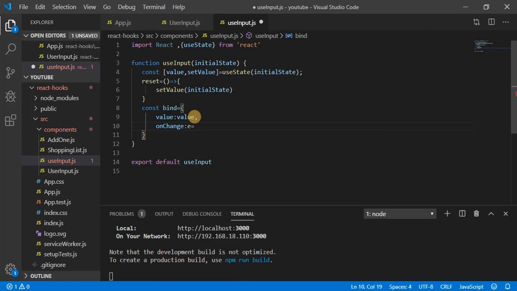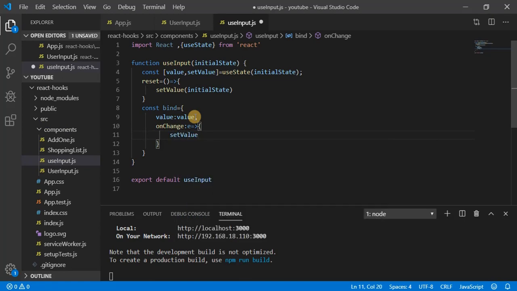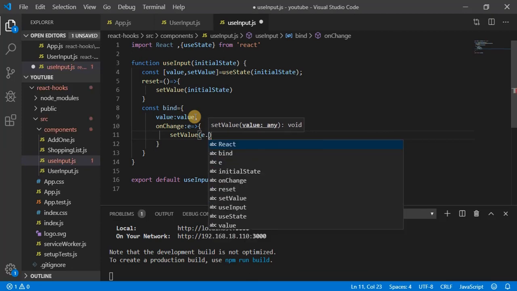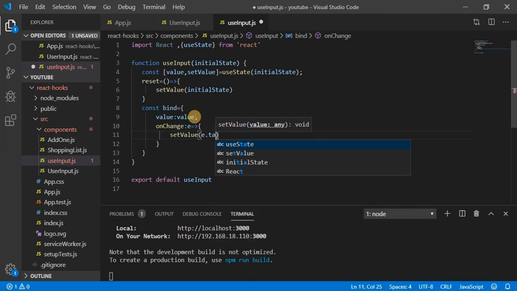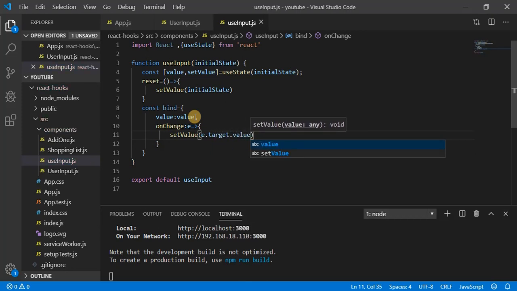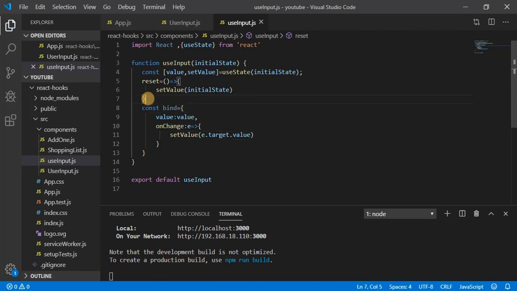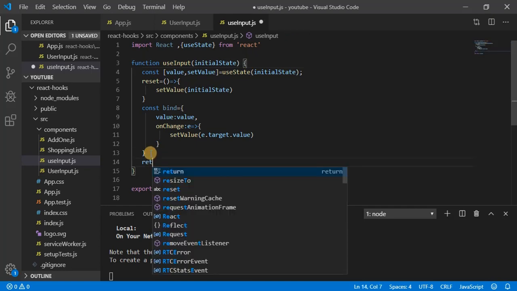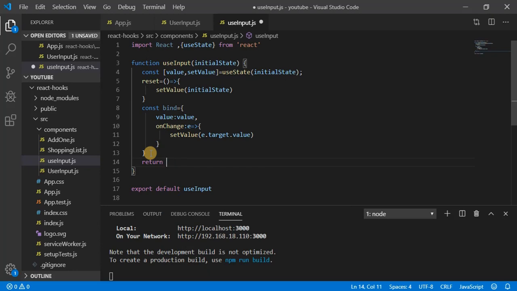And next, what we will do is set the value by using event.target.value. Okay, now let's come here and return this. I am going to return an array: the first is the value itself, second is bind, and third is going to be our reset function.